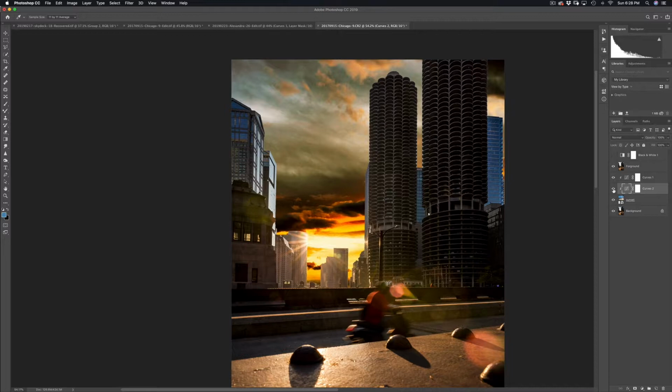I actually think that it would help if we actually warmed it up even a little bit more, just because now that sunset in the sky is really glowing really strong. And I feel like now the foreground doesn't quite match the strength of that. So there's a couple things we can do. The first thing I can do is actually go ahead and with the sunset layer selected, go ahead and do